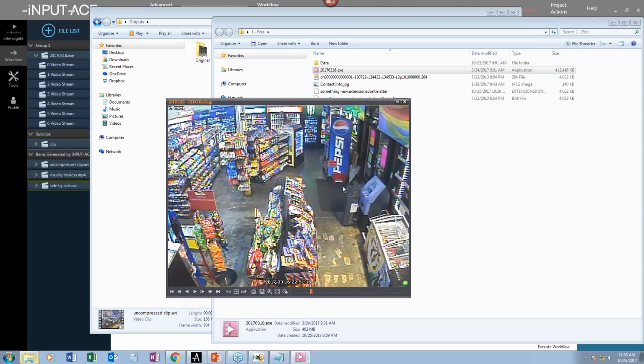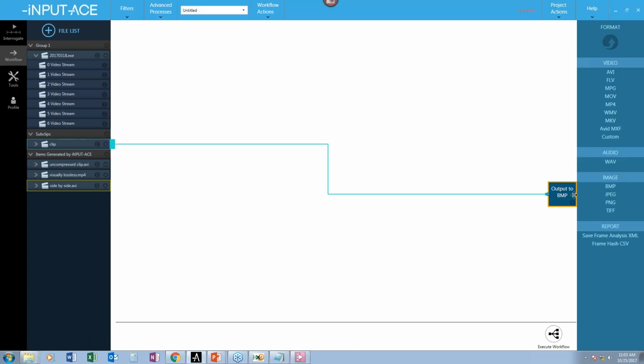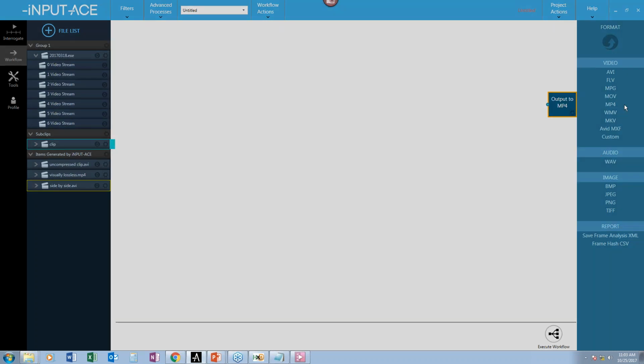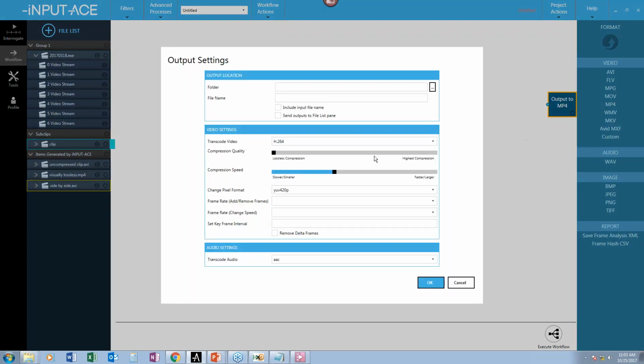One of them came in asking about visually lossless. Is there a range for visually lossless? And the answer is yes. So I'm going to delete out this bitmap node here and bring back in my MP4 node. You'll notice again, by default, the value is set to 0, which is completely lossless. And visually lossless is going to range anywhere from a value of about 2 all the way up to roughly